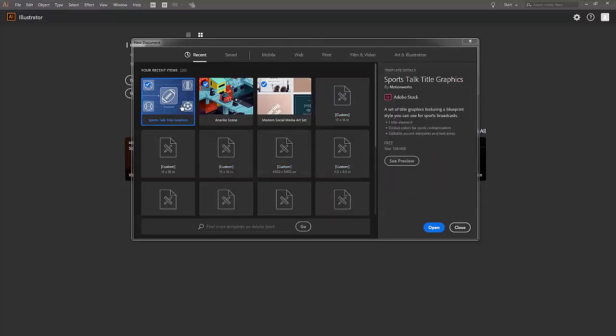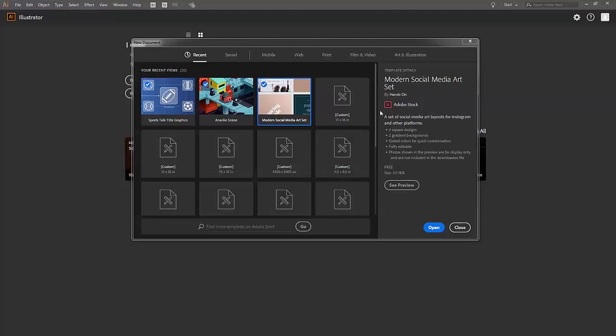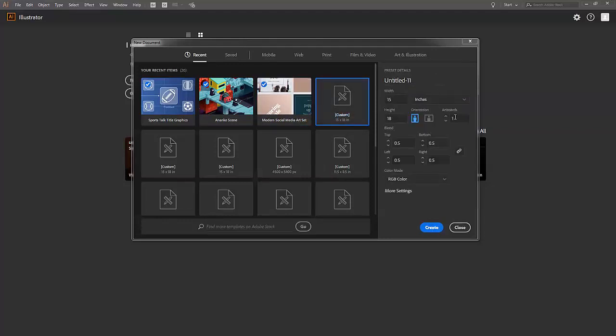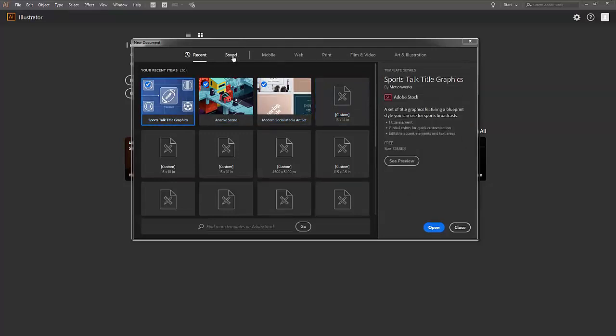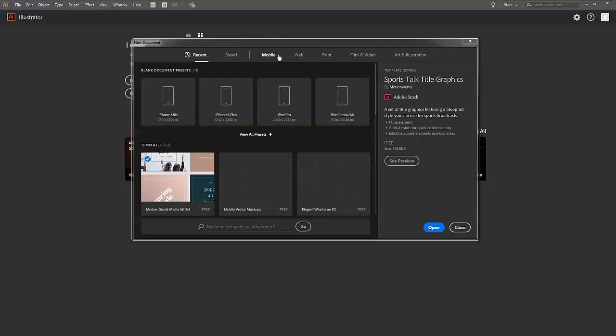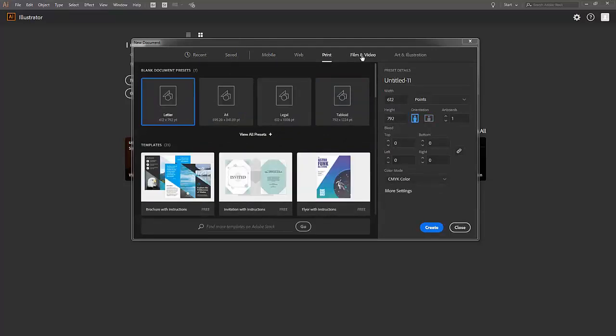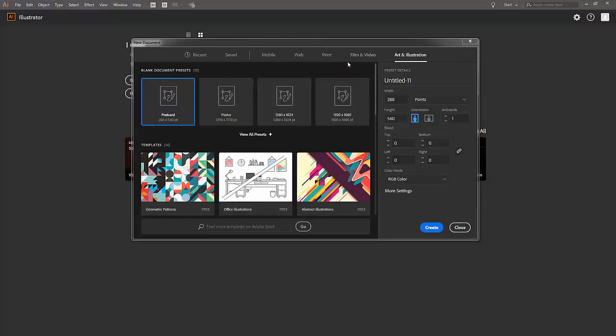But unfortunately Jonathan, all he had were these 3 items here. And you can see when you click on these, all you get is the template details. You don't get the preset details. Okay, so what you can do to get past that is you can come over here and click on any of these other links at the top of the new document dialog, and it'll have blank document presets